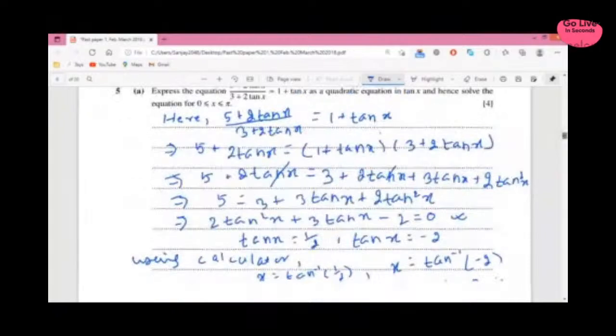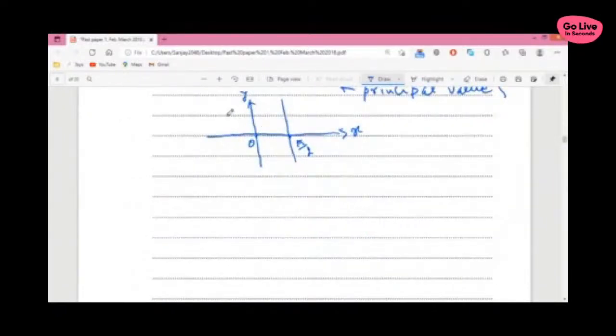This is the graph of y equals tan x. At 0 it is 0, and after that if you increase the angle, the tan value will start increasing and goes nearer and nearer to x equals pi by 2, where it shows asymptotic nature. That means it doesn't touch the line x equals pi by 2. And pi must be somewhere here, and you know that at pi the value of tan is